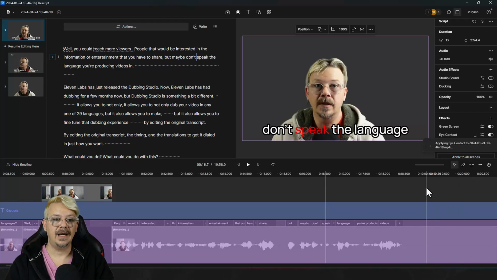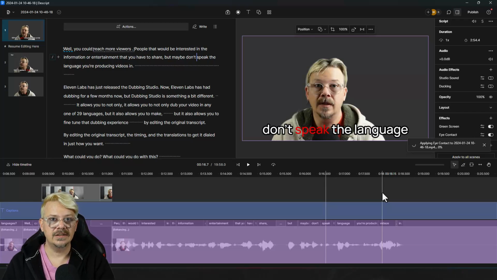Now, eye contact is in beta, and here's what I'll tell you. When it works, it's awesome. Not only does it make your eyes look like they're looking at the camera the whole time you're recording, except for when you're looking completely away to the side. It'll rotate them within their sockets, but it's not going to drag them onto the side of your head or anything. So that's good. It does a great job of making you look like you're looking at the camera when it works.